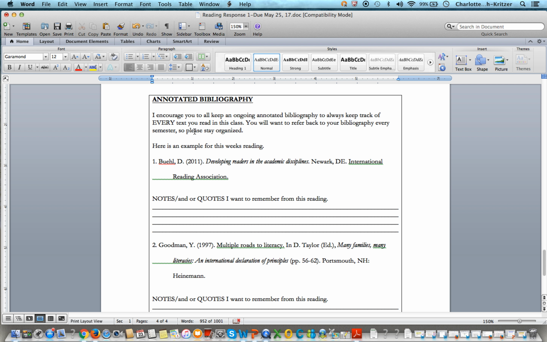Why don't you create a folder called Annotated Bibliography for the ITE secondary program, and for every single education course you take, you should start a list of all of the readings you do. Make notes on all of them, because when you go to student teach, which is exhausting because you teach all day long, full time, but you still have a portfolio that you have to create through your student teaching,